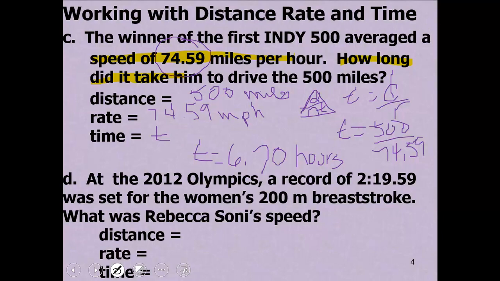So the thing we have to be careful of is look at our units of time. We're in minutes and seconds. We either need to be all in minutes or all in seconds. And at this point, you get to choose. All right, I'm going to go ahead and convert this into just minutes. So I have 2 minutes for sure, and then I have to figure out what 19.59 seconds is out of a minute. So it's 2 plus 19.59 out of 60. All right, and when you do that, you get